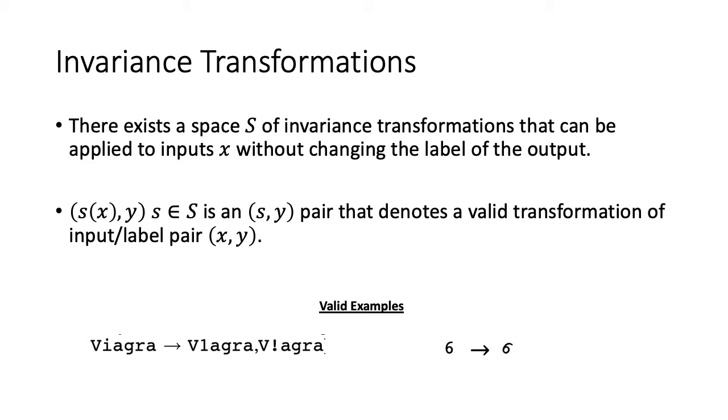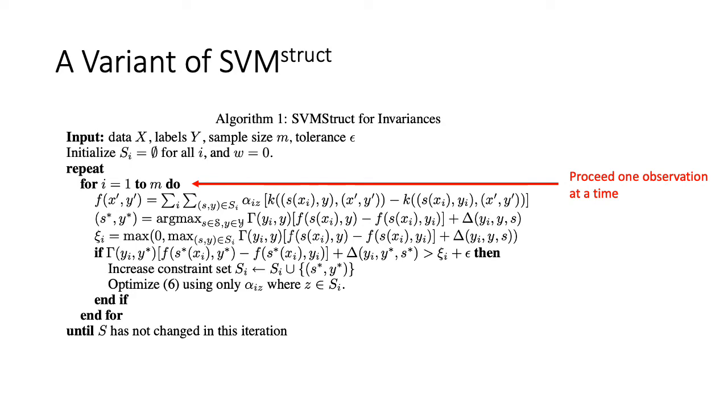Just a few more invariance transformation examples. For spam detection, emailers could be changing words or letters, but not actually changing the concepts. And then in image recognition, the digits could be in different positions, but that doesn't necessarily mean that they're different digits. So now to get on to the algorithm and our actual implementation of it,